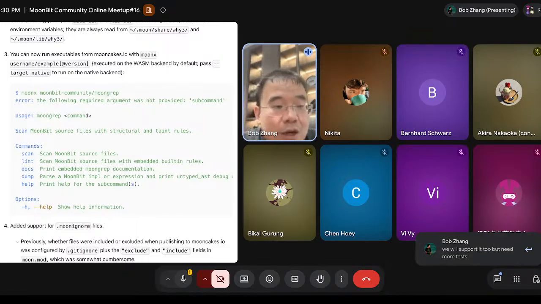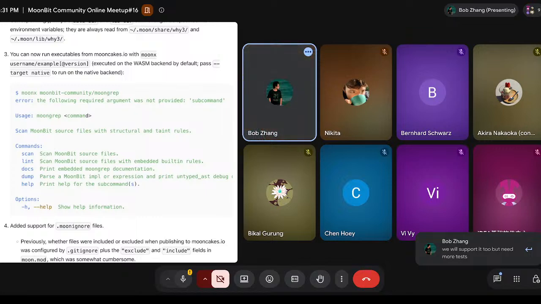Because the GUI is based on CEF, the Chromium Embedded Framework, it's supposed to work. It's not a web view, so it should work, but we need more testing. So MoonX is really powerful. For example, if you do MoonX pop-down scheme, you get a